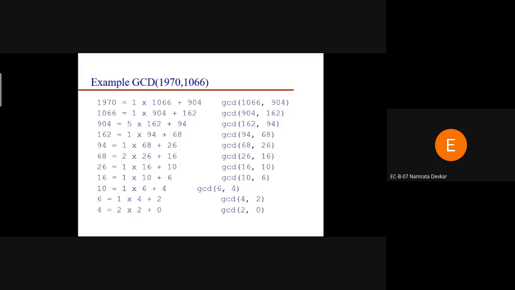So we can perform the operation until the remainder is 0. Up to the last step we got the GCD as (2, 0). So it is the concept of the Euclidean algorithm. By using the Euclidean algorithm we can divide these numbers until our remainder is 0. Here we got the remainder as 0, so we stop the operation at this step.